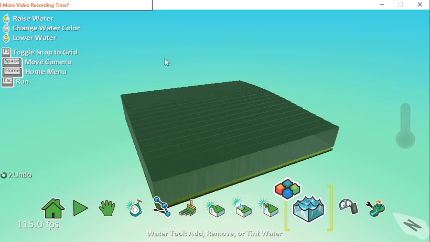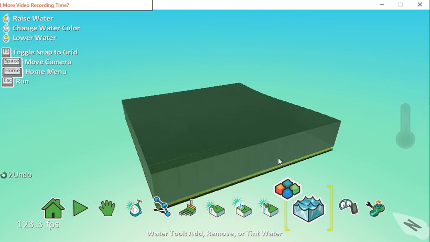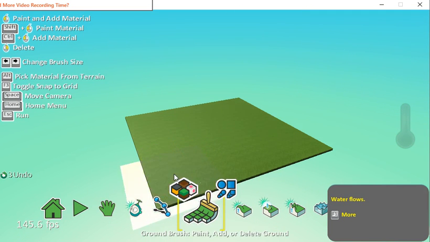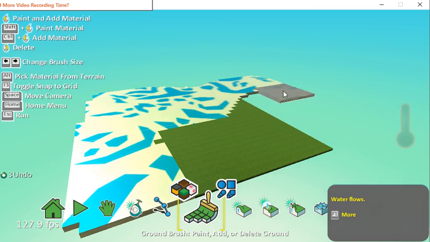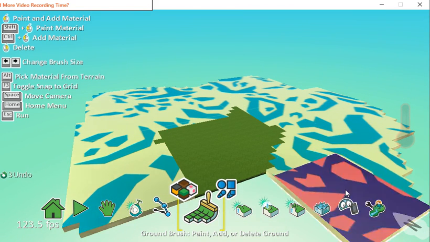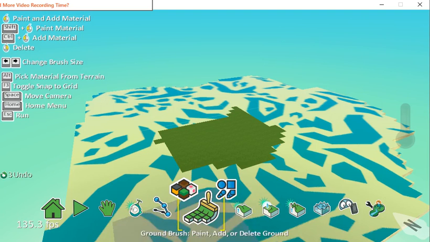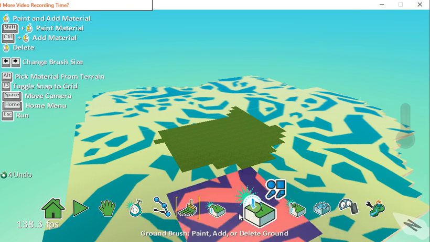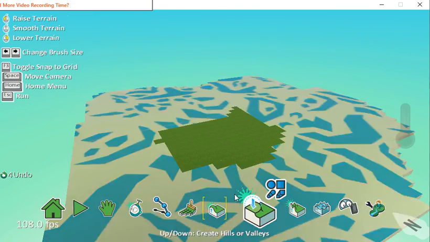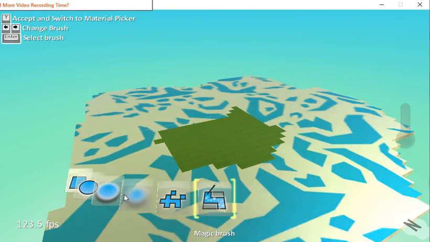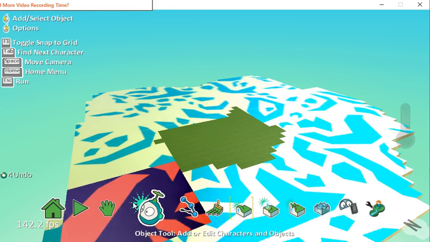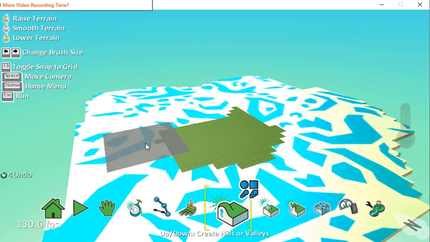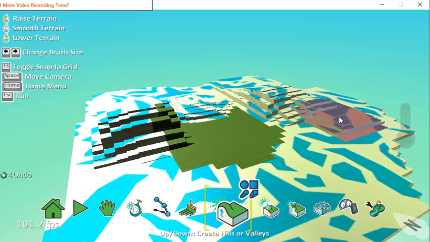Now there's other things with water as well, because this is obviously covering the whole level, and we could switch to the hill tool. Well, let's get some more terrain first, so let's paint some nice terrain. Still got that left on from the last level, but that will do us quite nicely. And I can obviously create some hills around here, so I can use the hill tool and I can create some hills just like this,